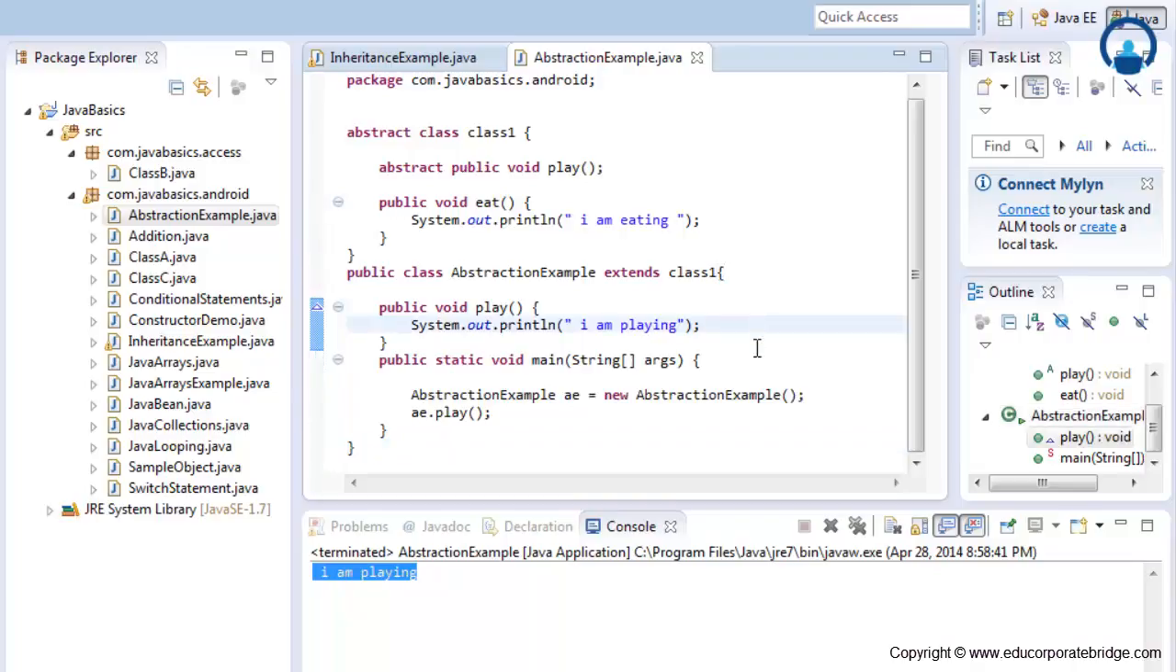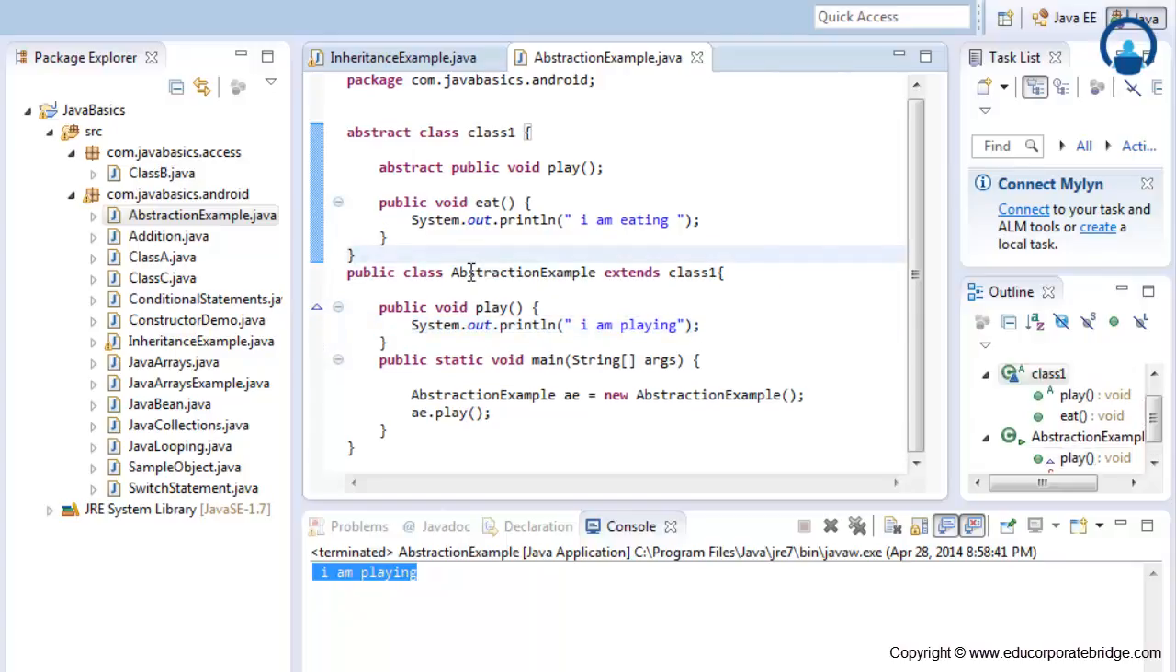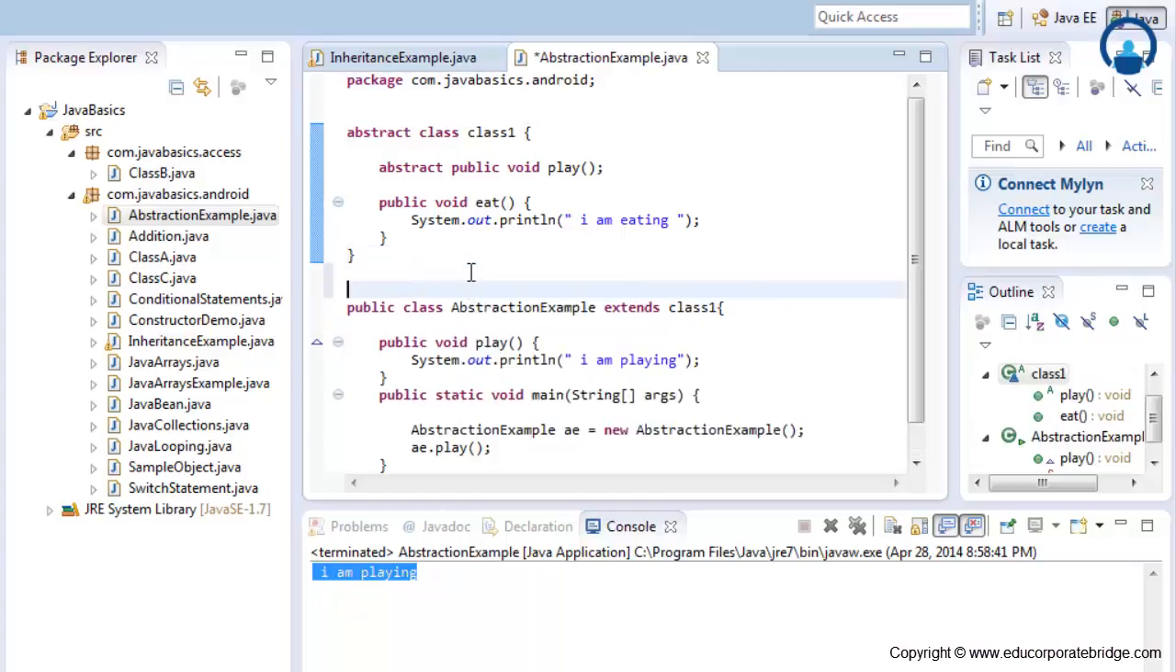Now that was using abstract class. Now how to use interface to achieve this? We'll modify the same example using interfaces. Now how to create interface? Let's create one interface here only. The keyword is interface, then the name of the interface,